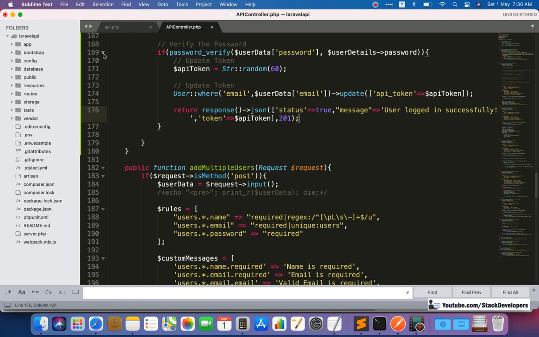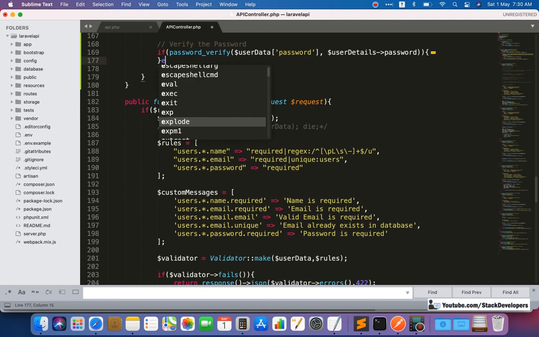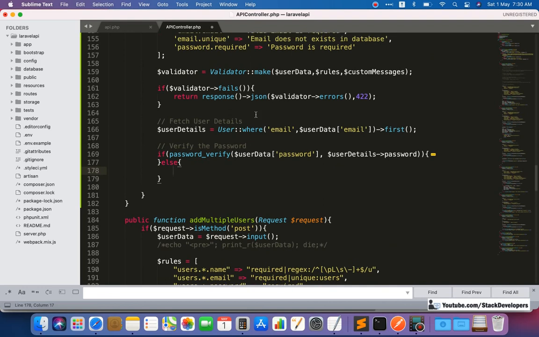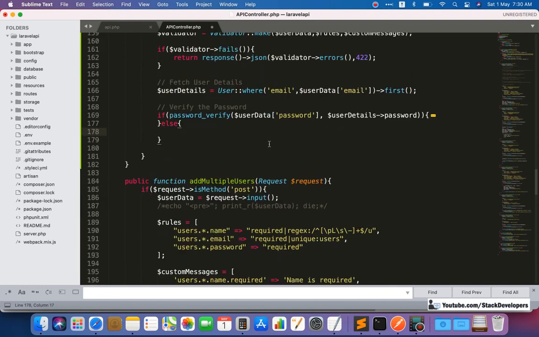And in case the password is incorrect, if it comes into the else condition, then we are again going to show the error message here.